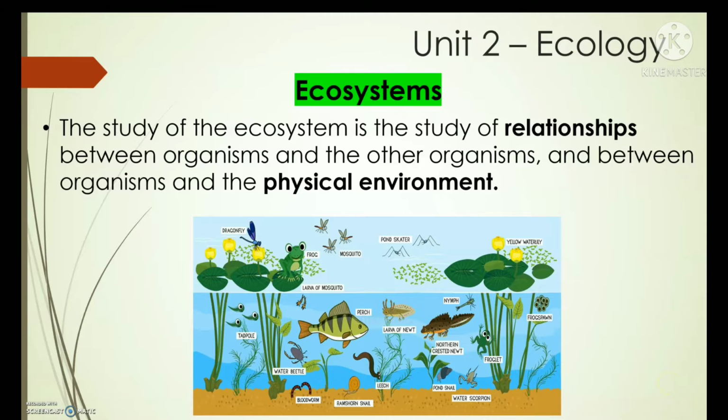Now let's read our first paragraph. Repeat after me. The study of the ecosystem is the study of relationships between organisms and the other organisms, and between organisms and the physical environment. Very good. So in simple explanation, an ecosystem is the study of relationships or links